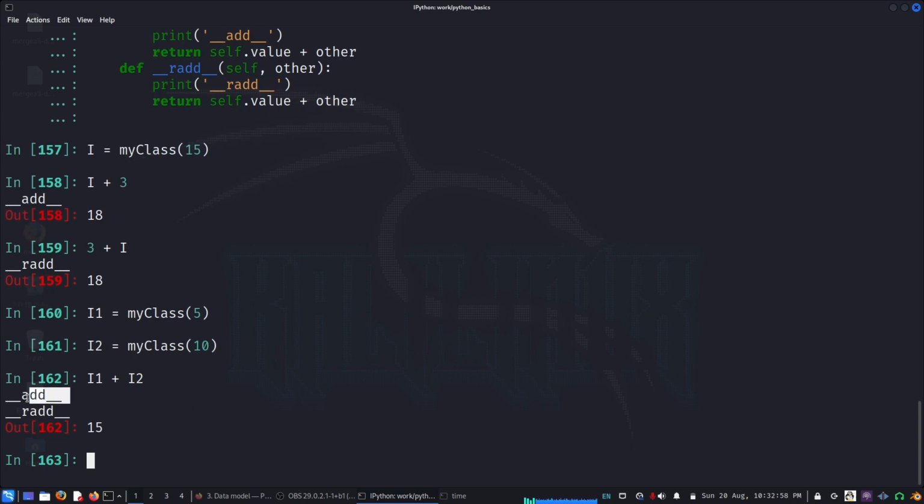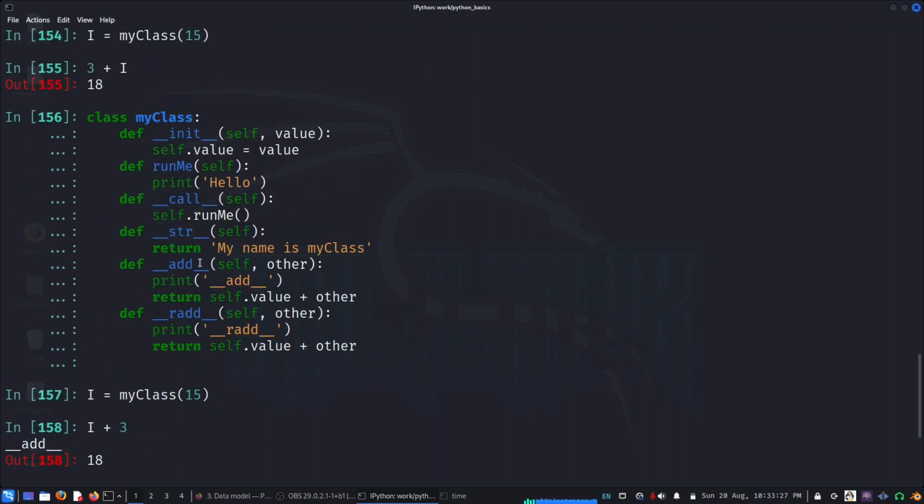First i1 is on the left side, with the value 5. And in the second call, to complete the evaluation, radd will be called automatically. i2 has an attached value which is 10, so it's 10 plus the number, and the whole thing becomes 15. So this is the idea related to operator overloading in Python,